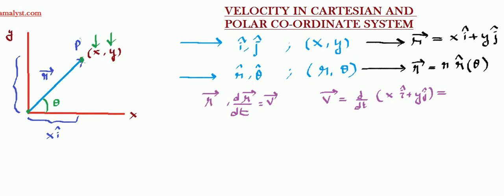The only thing that changes when the particle moves is the coordinate. For example, look at point P. If in some time the point P moves here, say to point P dash, then the only thing that has changed are the coordinates. This P dash will have a new x dash and a new y dash. So the time derivative will act only on the coordinates, because only the coordinates are changing with time. So what will happen here? I'll have dx divided by dt,